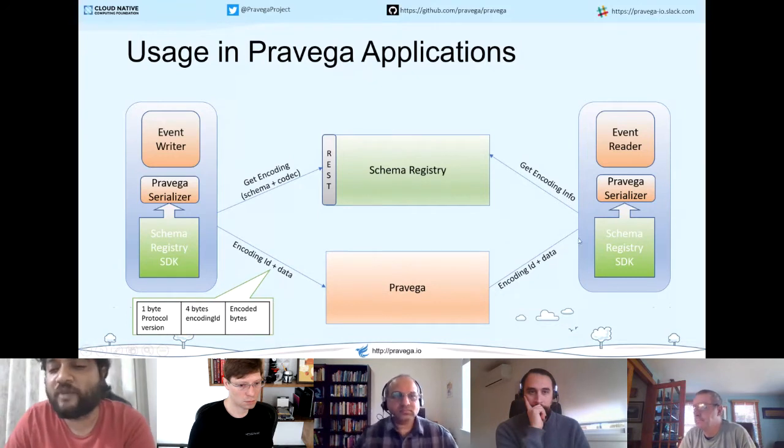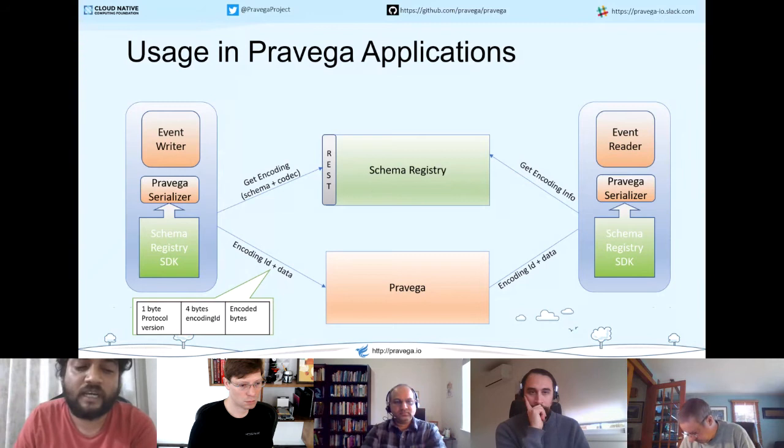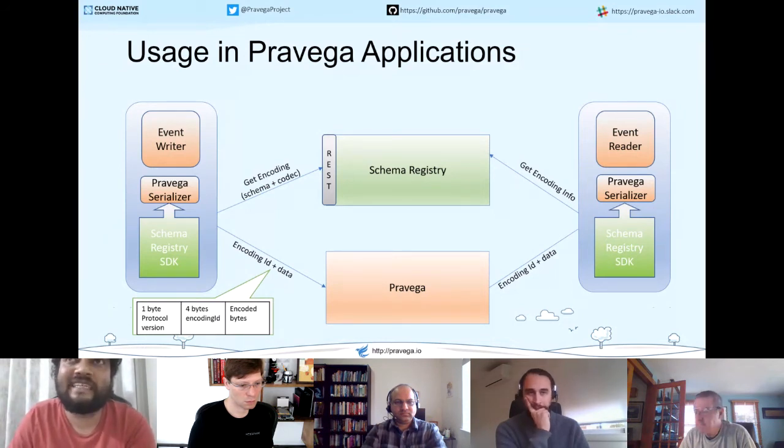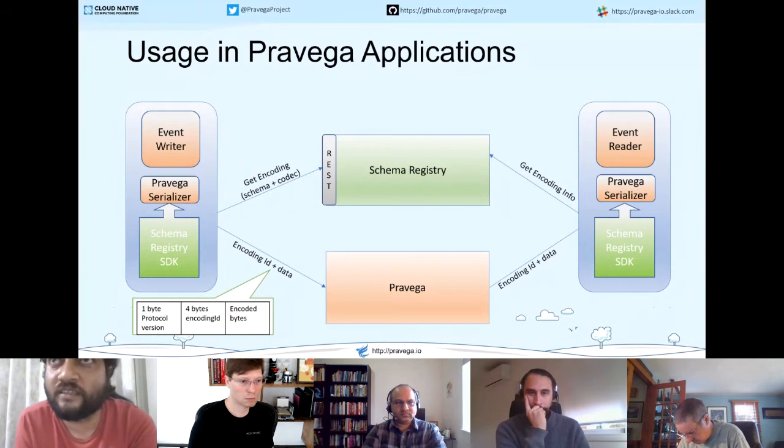So they optimize it by caching the schemas that they've already retrieved and work with that. One other interesting thing that we have done is we've gone over and beyond just the schema. What we also allow you to get unique identifiers for is a concept called encoding ID. This encoding ID essentially represents your schema as well as any additional encoding that you want to do on that